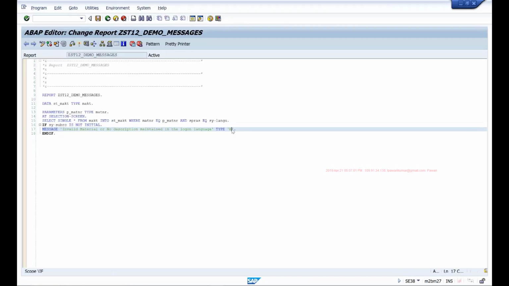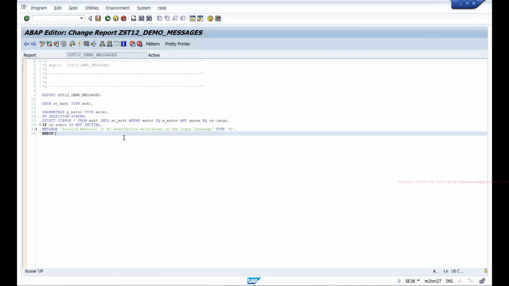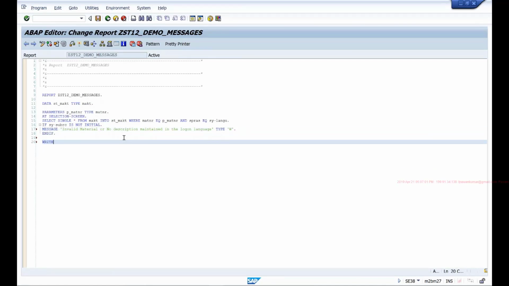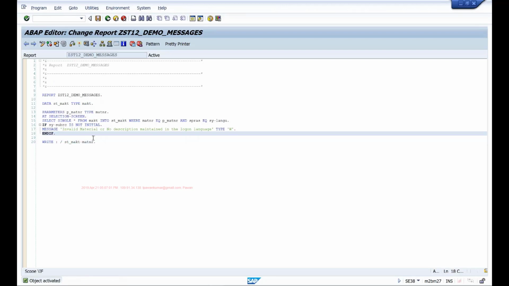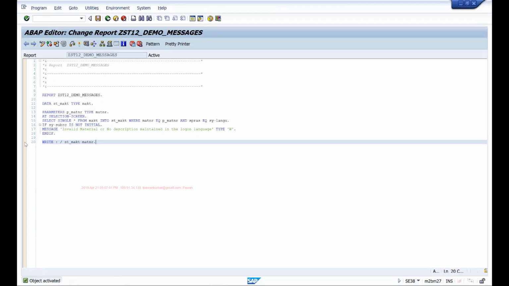If I show a warning message, and I'll write, let's say ST-MATNR in the output. After showing the message, if it goes on to execute the next statement, then it should call the debugger, because I'm keeping a breakpoint on this write statement.